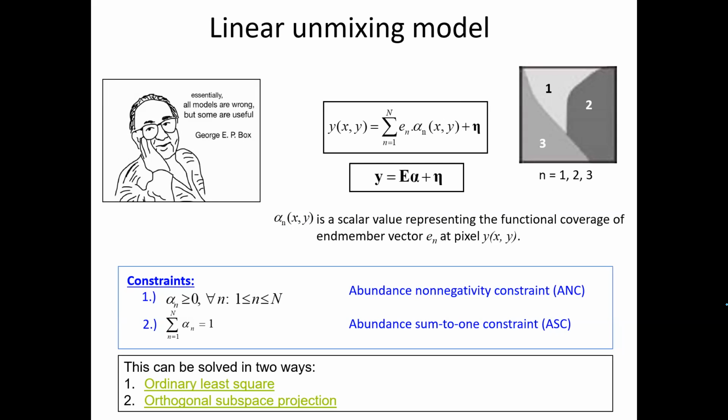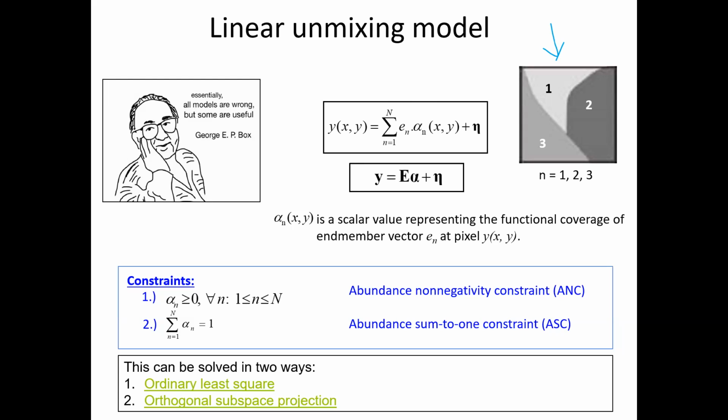So what is the objective here? Instead of assigning one class to a pixel, can we try to decompose and find out the proportion of different classes in a single pixel? Let's consider this example here. We have 3 classes, 1, 2, and 3, mixed in a single pixel. The paper published in IEEE Transactions on Geoscience and Remote Sensing said that we can actually model the proportion of various classes in this pixel.